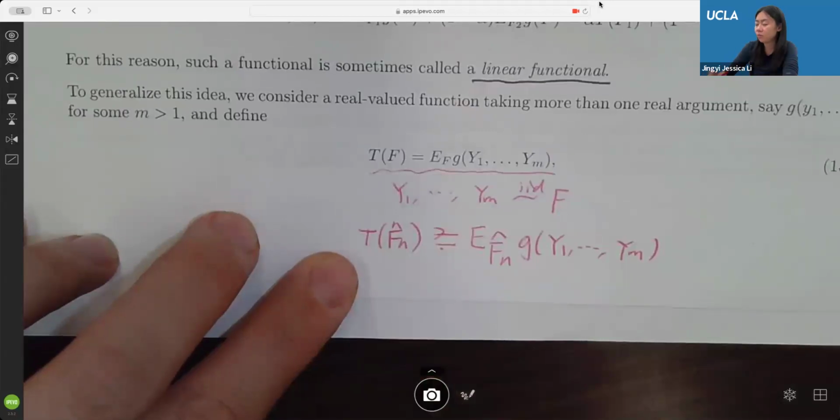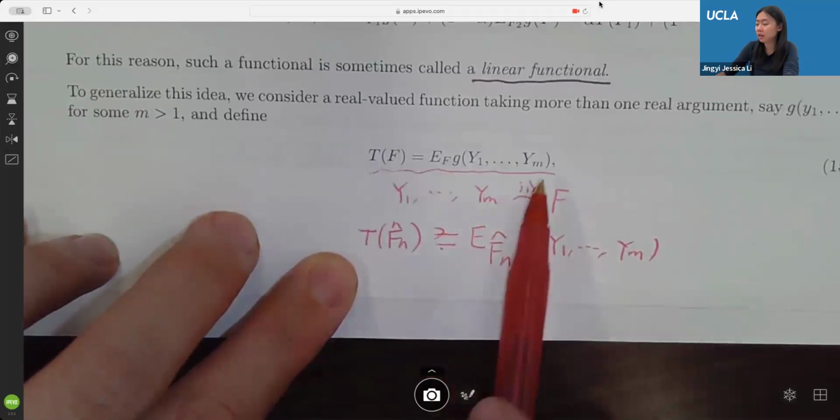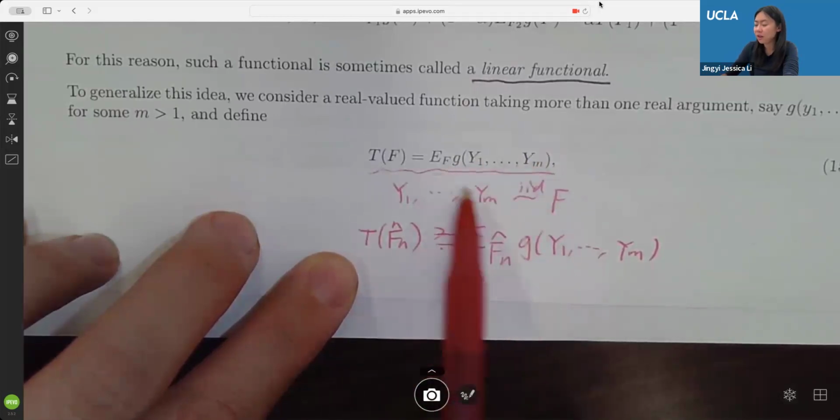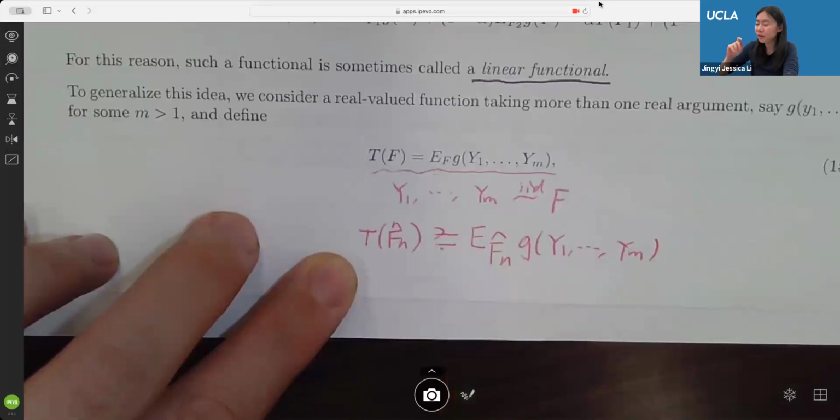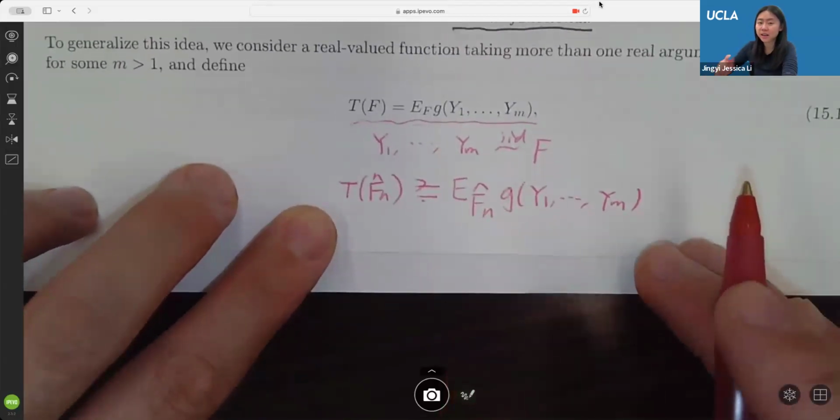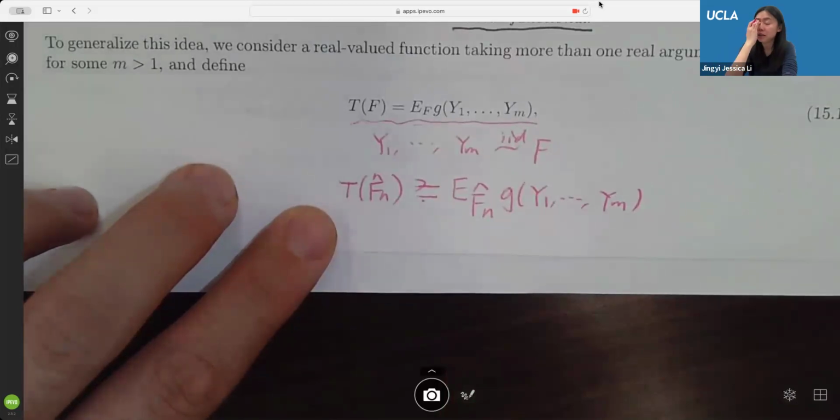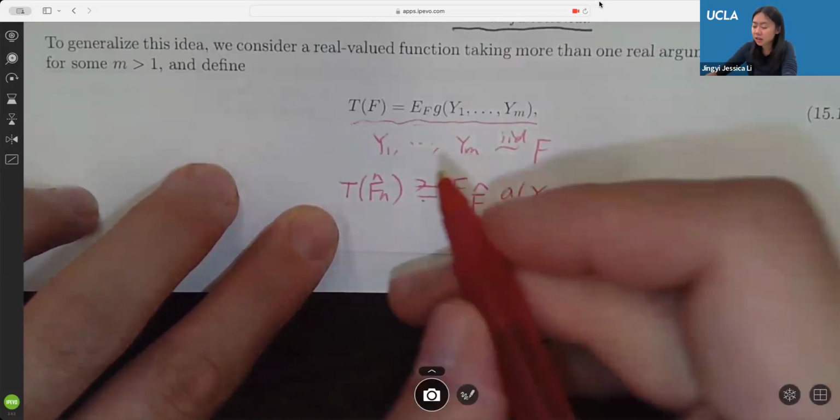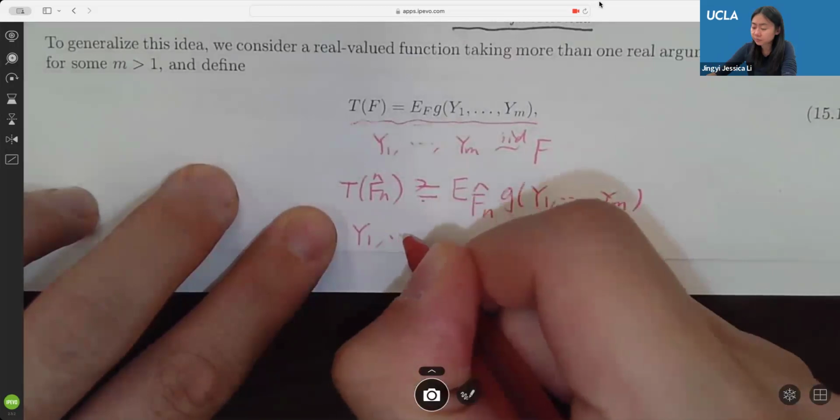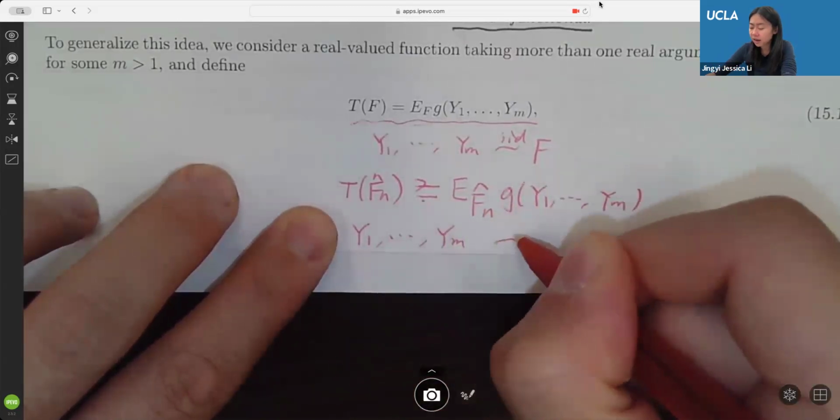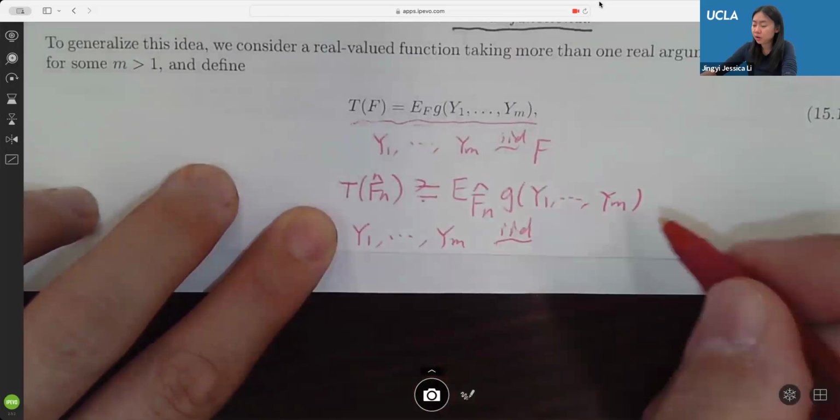They are IID random variables from whatever distribution I specify in the subscript of this expectation, right? So here y1 to ym are IID from f. Here y1 to ym are IID from F_n hat. That's it. And what is F_n hat? As I already said, F_n hat is just a discrete distribution over the n data points in my sample. So essentially, this means y1 to ym are an IID sample